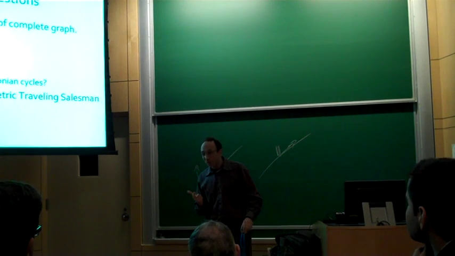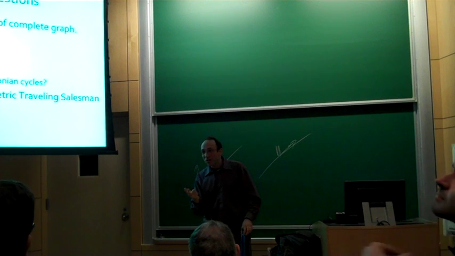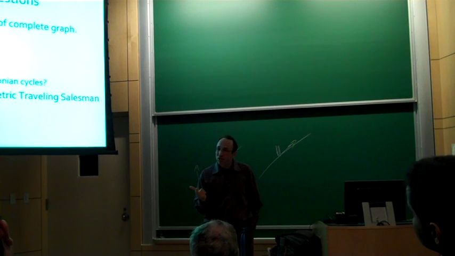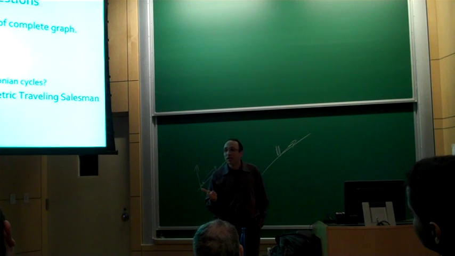I know what the null space is. As soon as you do that, you're going to get a null space that could be larger, and I don't know how to understand it combinatorially.